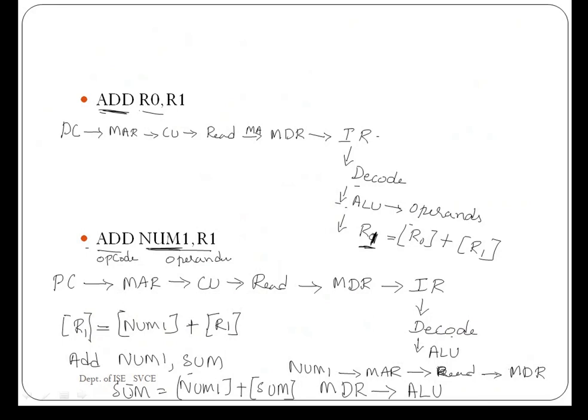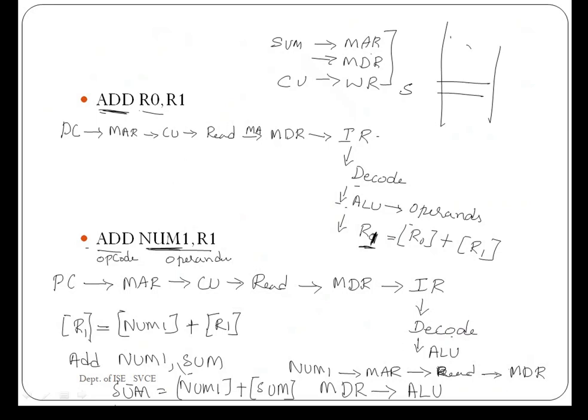In that case, it requires sending the address of this memory location to MAR. Just proceed from here. The address of this sum should be transferred to MAR, and the data it needs to write into the memory should be sent to MDR, and also the control unit is going to generate the write operation. So having these 3 pieces of information, it is going to write the final result into the memory location sum.